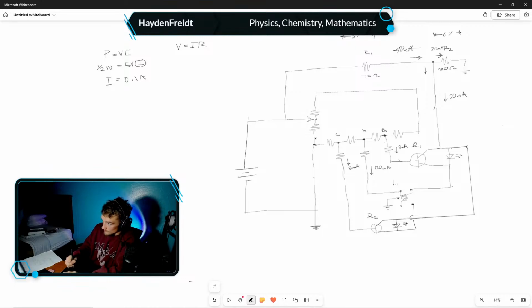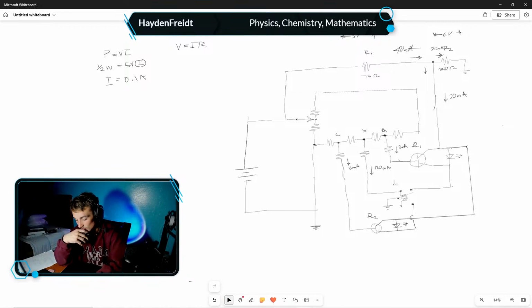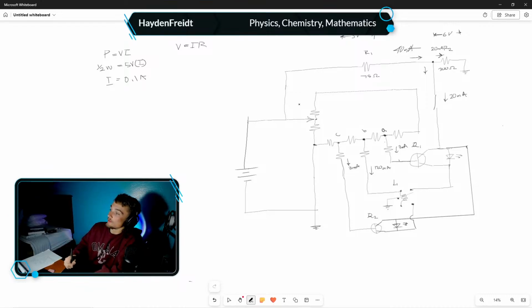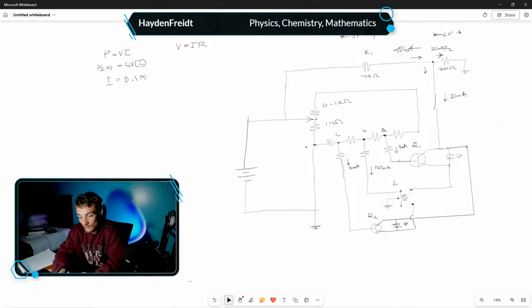Okay, and this is the way that the potentiometer works. If it's a 1 kilo ohm potentiometer, this one varies from 0 to 1 kilo ohm, but this one is a constant 1 kilo ohm, which is directly in parallel to the battery. So that means this is going to have 9 volts across it. And so a 9 volt drop across a 1 kilo ohm resistor is going to be 9 divided by 1000,